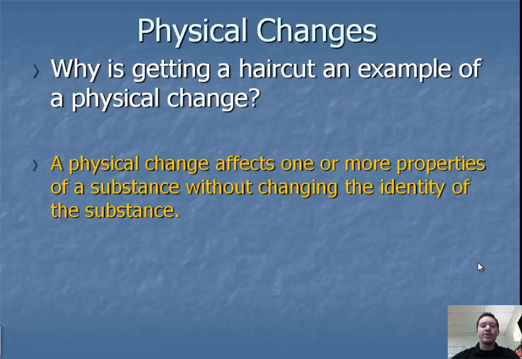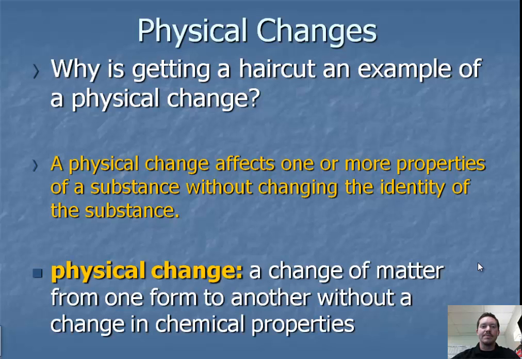So to first address this question, a physical change affects one or more properties of a substance without changing the identity of the substance. So we can define that as a change of matter from one form to another without a change in the chemical properties. So an example I used on a previous lecture was taking a piece of paper,